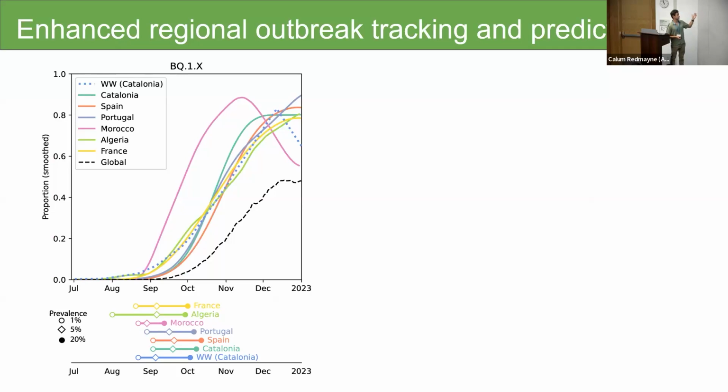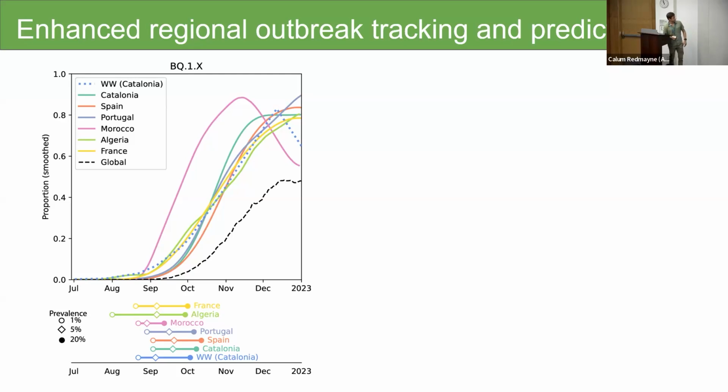And so what does this look like in an outbreak survey or in a regional spread scenario? Here, I can't see too much because of the text, but basically on the bottom here, we're looking at an outbreak scenario in the Southern Europe, Northern Africa region. And this is BQ.1, which didn't originate in this area, but was spreading throughout the region. And we see it first pop up in Algeria, and you then expect, okay, this is a highly fit variant. It may start propagating throughout the region. Where is it going to be expected next?